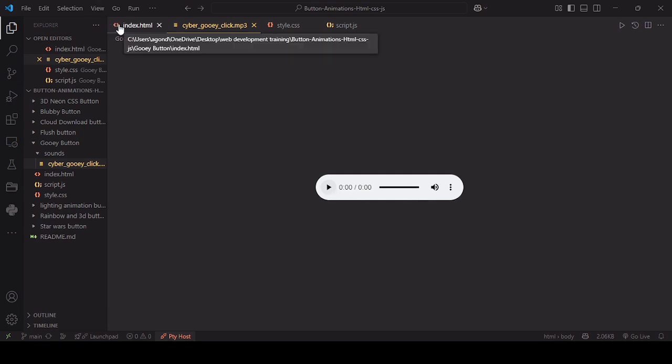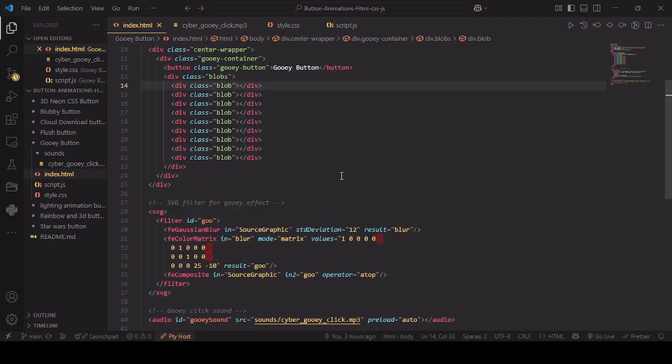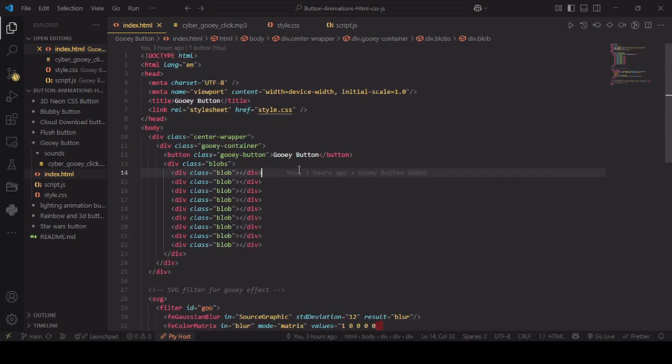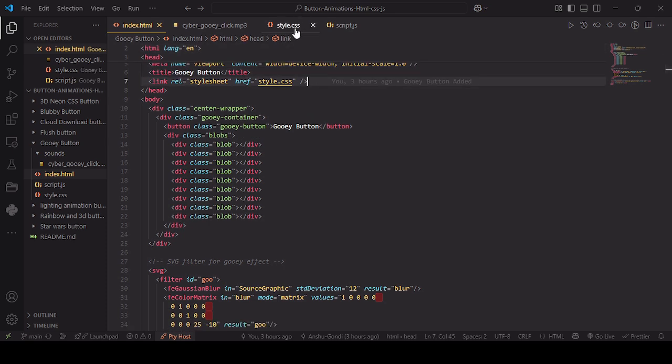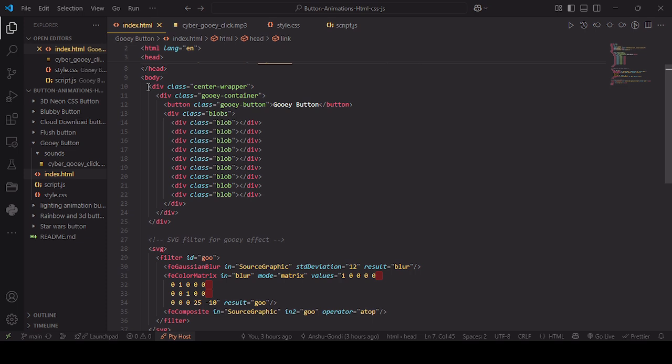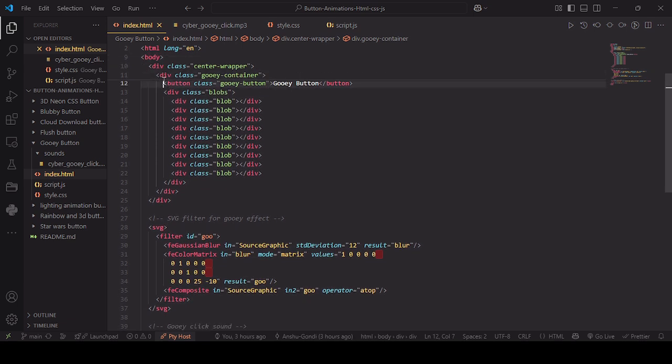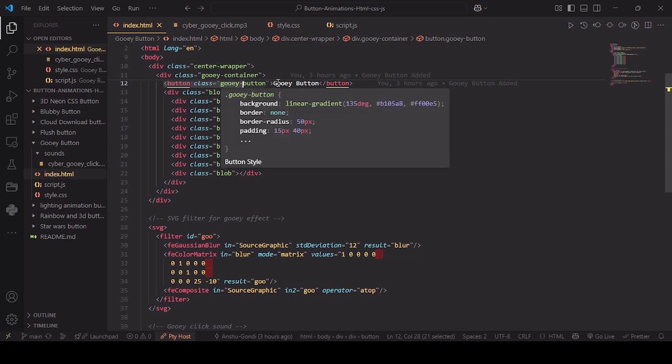Okay, and then we have taken the HTML part. For that, just go to our HTML structure. We have given it a title as Gooey button, then the style CSS part. Then in body we have defined its div class center wrapper. Then div class as glowy container, and give it some button name, button with class as glowy button and its